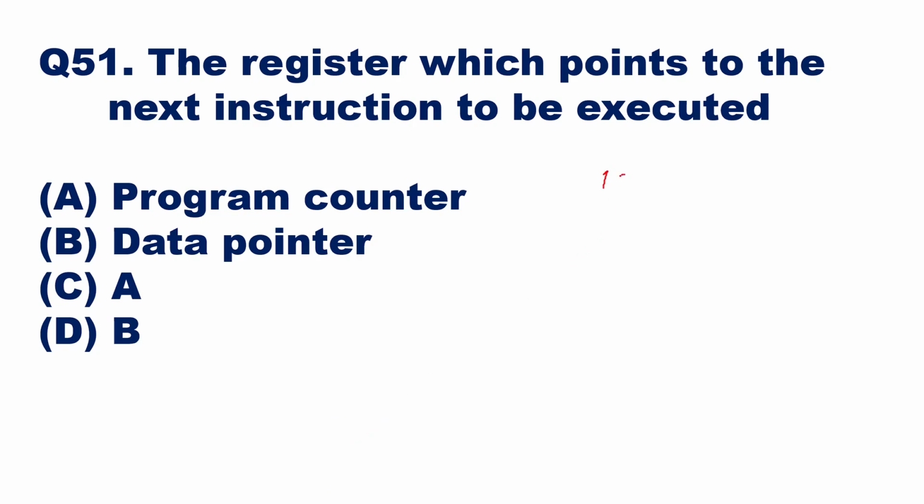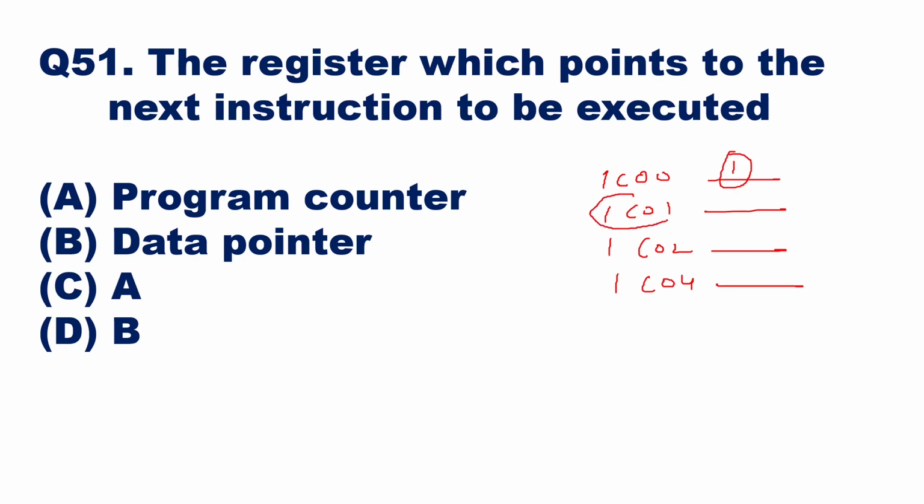Say for example, addresses are 1C00, you have the first instruction. 1C01, you have the second instruction. 1C02, you have the third instruction. 1C04, you have the fourth instruction. Now, when the first instruction is being executed, the second instruction address is held by the